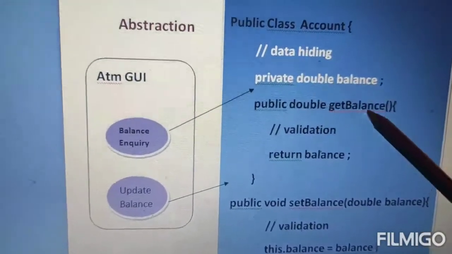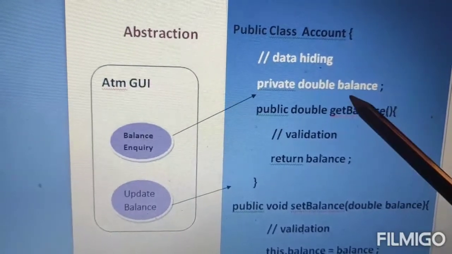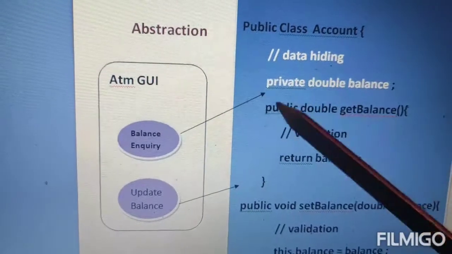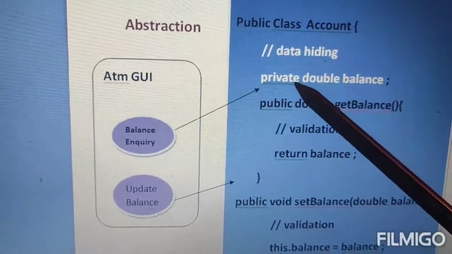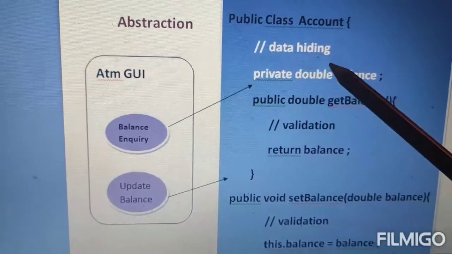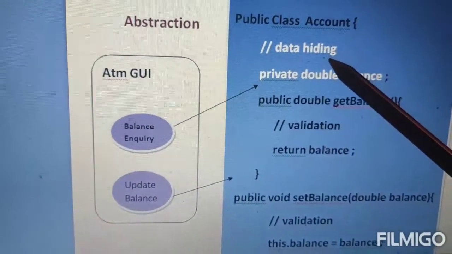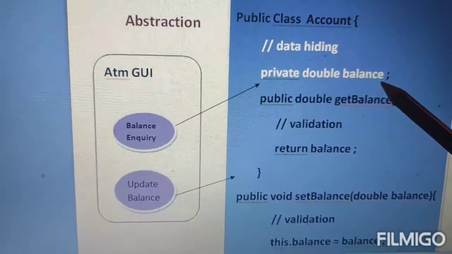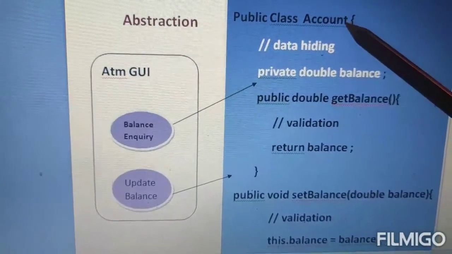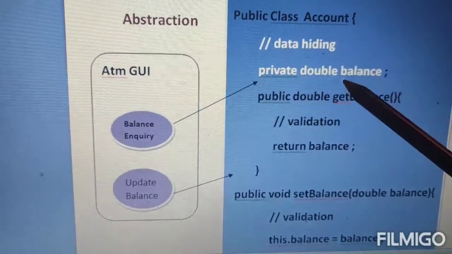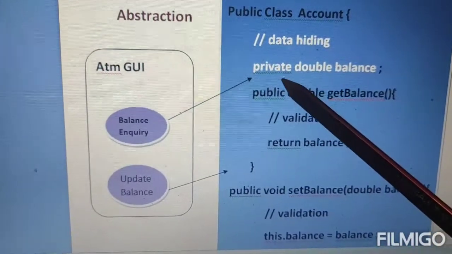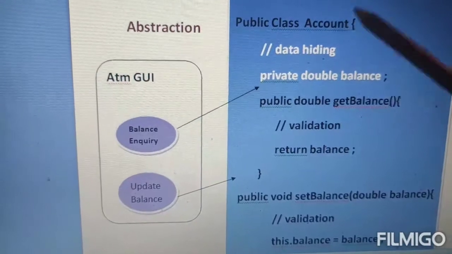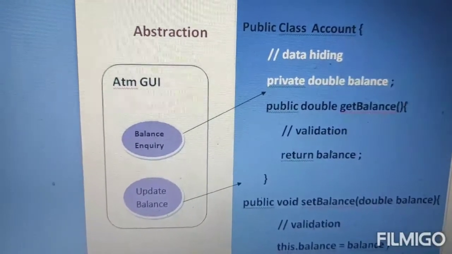I declared here that the Account class has a data member named balance, which I declared as private. Whenever you declare any data member as private, you are achieving data hiding. Why is it called data hiding? Because if you try to access the balance data member outside of this Account class, you will not be able to access it, because it is declared private. A private property cannot be accessed directly outside this class.